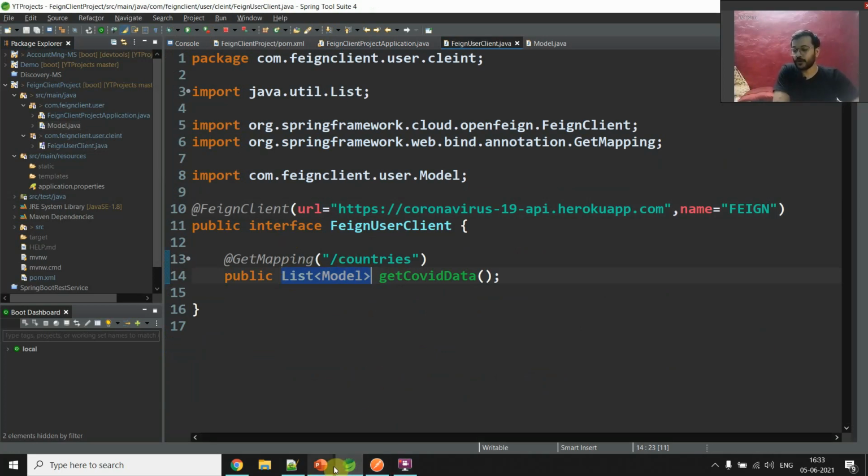So I hope you got what Feign is and how it works. Actually now we can use this particular declarative approach with Hystrix. Okay, so for this video I think it's enough. I will push another video with Hystrix implementation. Now this Hystrix is very easy, we just have to use this. Okay, nothing is complicated there.